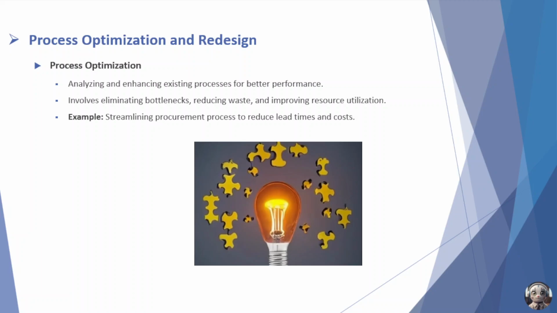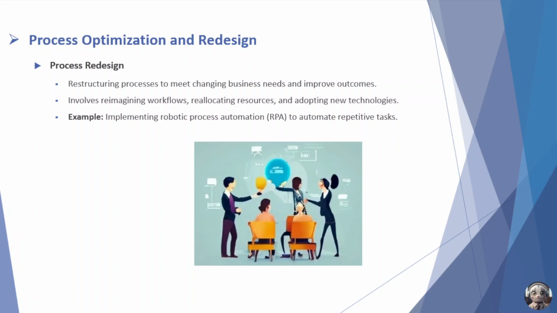Process optimization and redesign are crucial components of any effort to improve organizational efficiency. Process optimization involves fine-tuning existing processes to maximize efficiency and minimize waste. By analyzing our workflows, identifying bottlenecks, and implementing targeted improvements, we can optimize our processes to deliver greater value with fewer resources. Process redesign, on the other hand, involves fundamentally reimagining our workflows to better align with our organizational goals